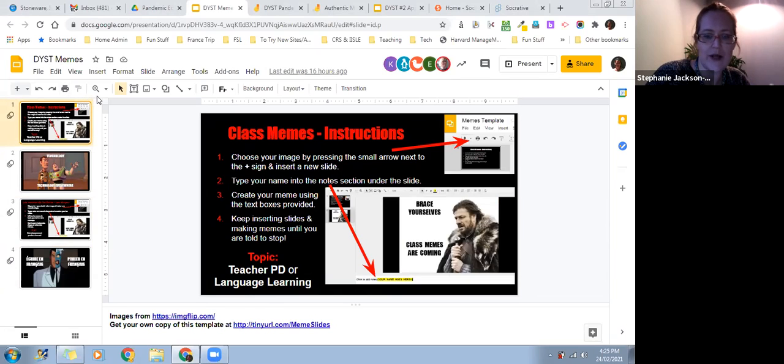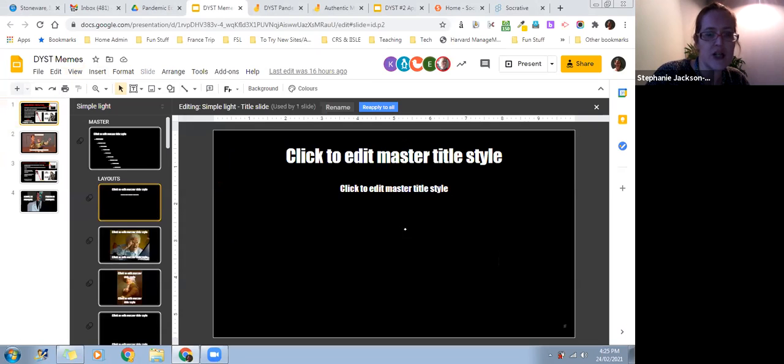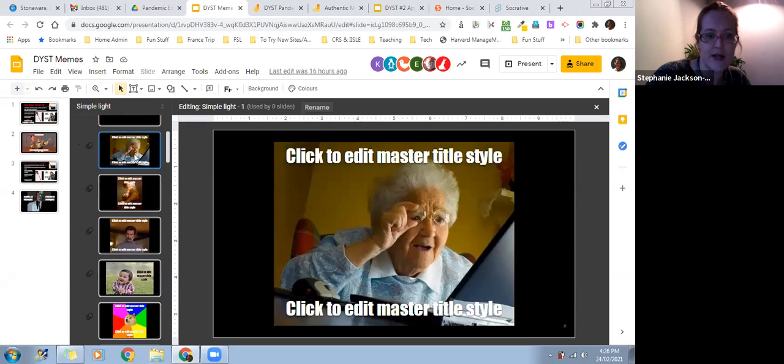So what's really neat with Google Slides is if you go into View Master, you can actually change the backgrounds of the slides. So I love the idea of getting students to caption memes in the class. What I don't love is them going to a meme generator online and having the whole world of super inappropriate memes open to them. And not only is that just not what I would like in my classroom, plus oftentimes all of the memes are in English. And if I'm teaching a different language, I would like them to be, as much as possible, in the target language. And so bringing them into this slideshow, you can go into the master and you just add slides,